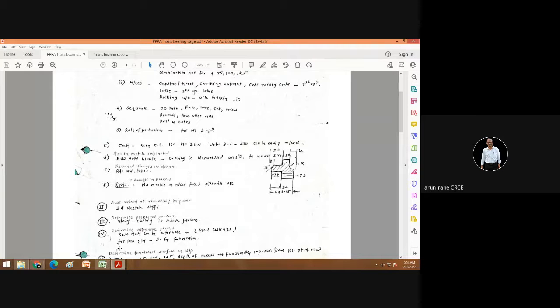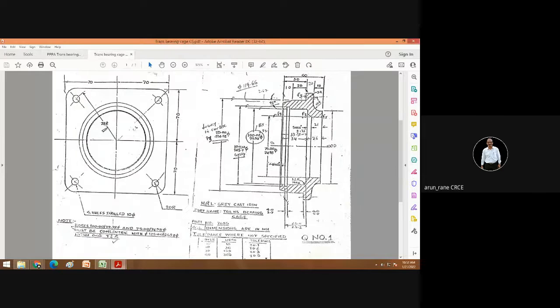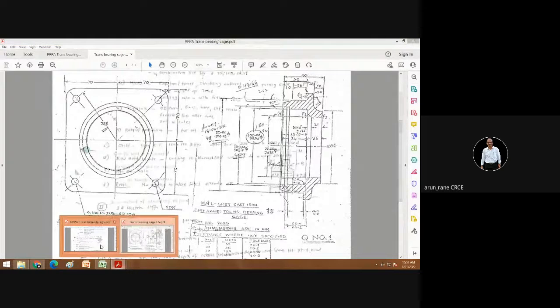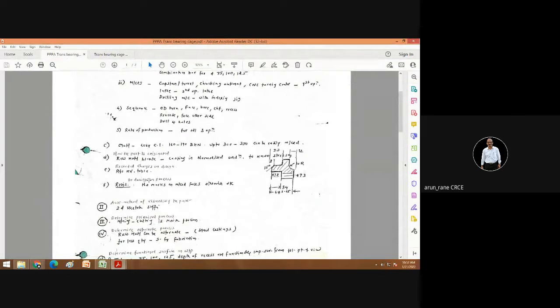The next step is you have to write what are the recorded changes in the design. So you refer to the revision table in the drawing. Is there any revision table? If it is not there, then you cannot keep quiet. You need to write there: there are no changes, or there is no table provided, hence there are no changes recorded in the design. You need to write it explicitly, clearly.